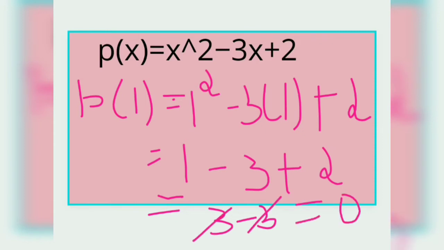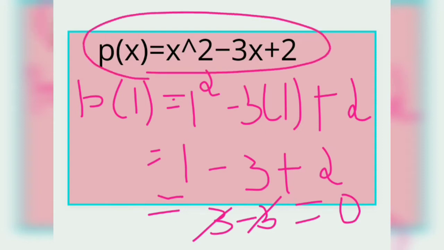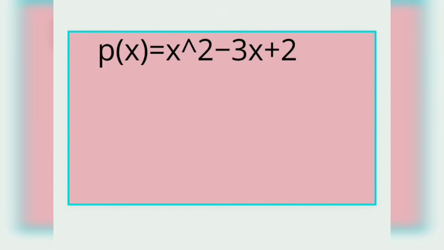That means at one value the polynomial is equal to 0. Therefore, I can say that 1 is the zero of this polynomial. I hope now it's clear to everyone. It's very easy. Just put the value of x. If your answer is 0, that means that particular value of x is the zero of the polynomial. I hope whatever we have discussed in this video so far is clear to everyone. Now we'll move to the exercise, that is 2.1. So let's begin with the exercise.